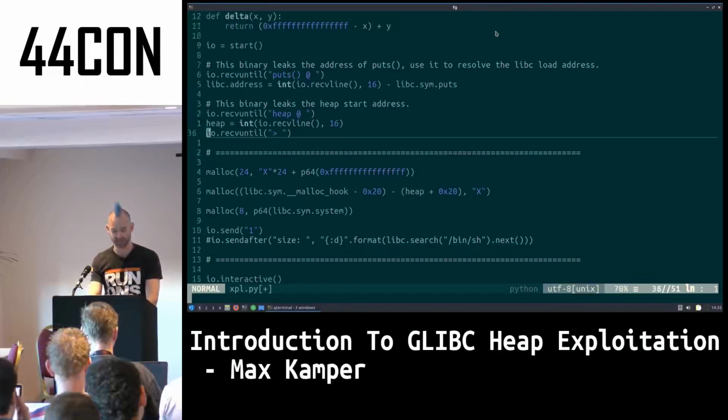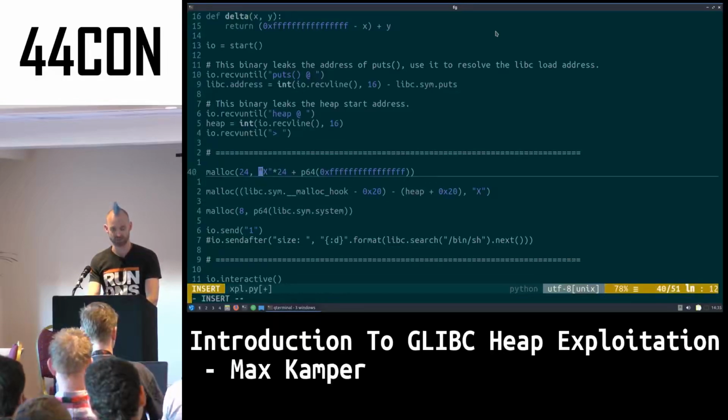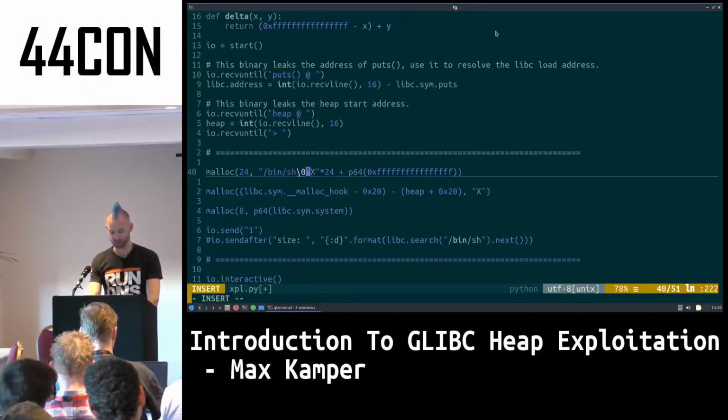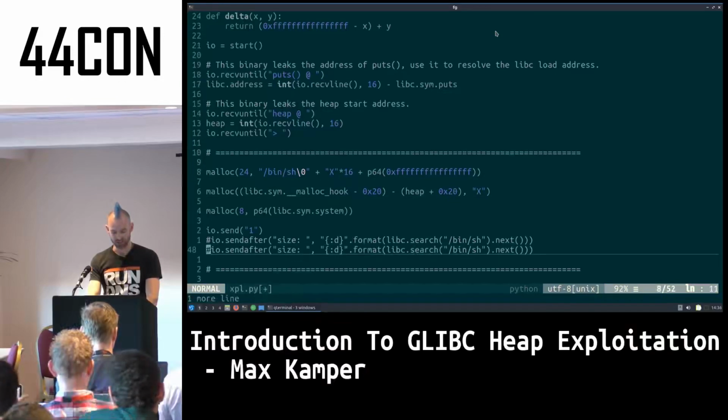So instead of finding that bin sh string in libc, instead of 24 bytes of garbage when we make that first request to malloc, we could write the string bin sh there with a null terminator. And then instead of 24 bytes, just write 16 bytes of garbage. And then we can use io.sendAfter,